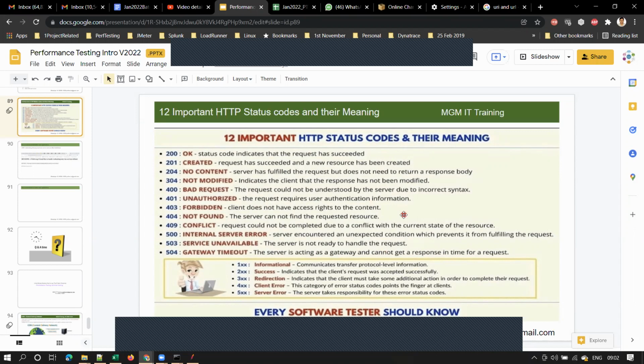So this is a pic that I have downloaded from internet. Some important response codes are missing. I will prepare another slide for this, because those are important. 301, 302, those are important. Okay, 304 is not that much important. I don't know why they included this. And no content also. I'll modify this and I'll share you the updated slide.